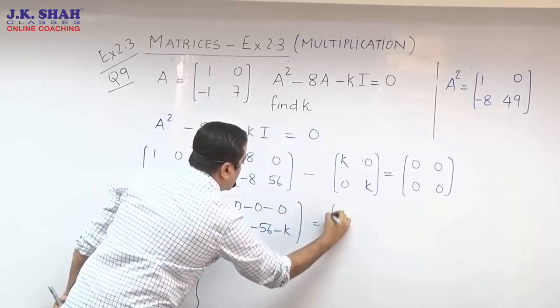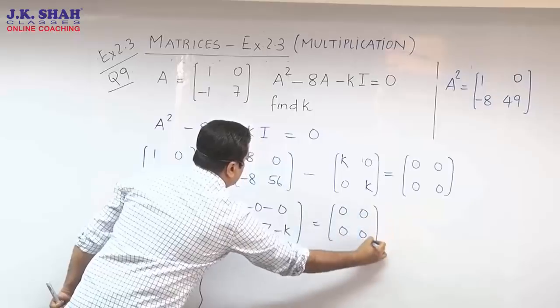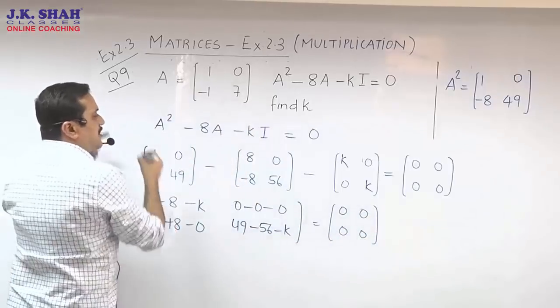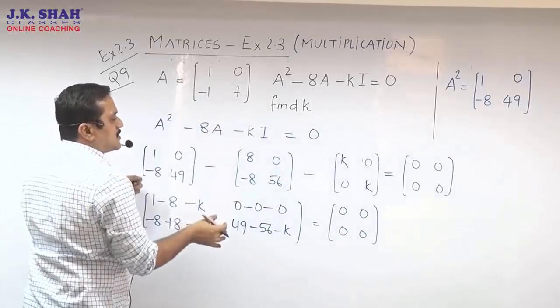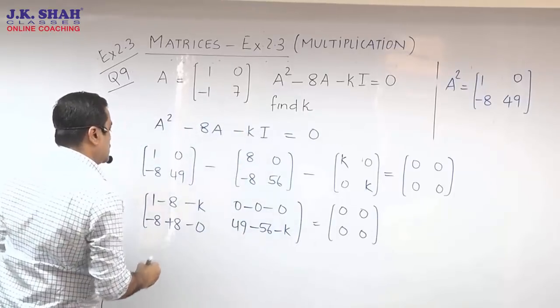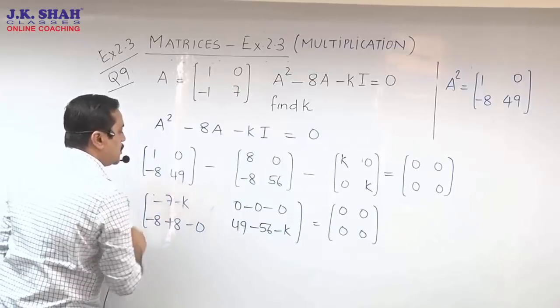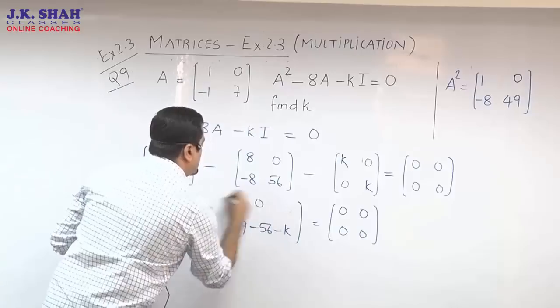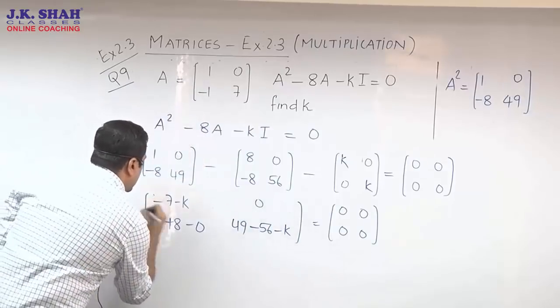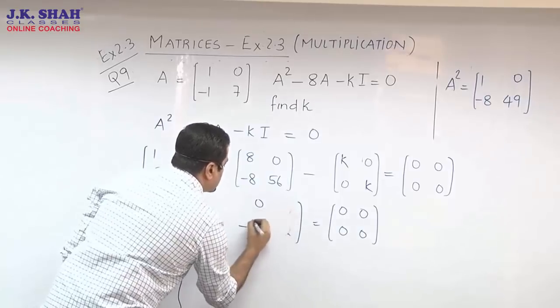That needs to be equated to, remember सामने के side पे 0 matrix है. Previous sum में we were supposed to prove, so we went LHS RHS, but this is equation based sum wherein you have to work the full equation and find the missing term in that. So this is minus 7 minus k. I hope you all saw that. It's 0. Even that goes 0. This is minus 7 minus k.